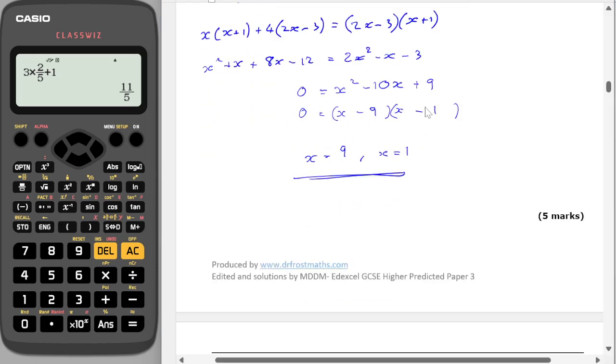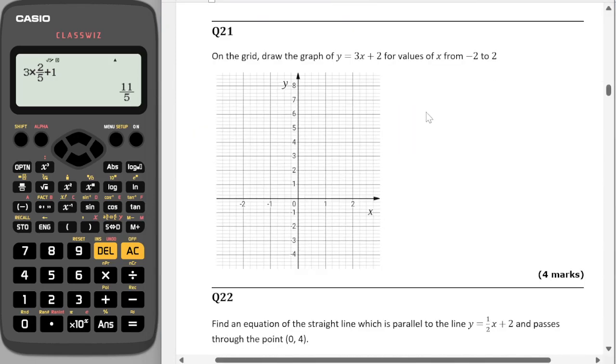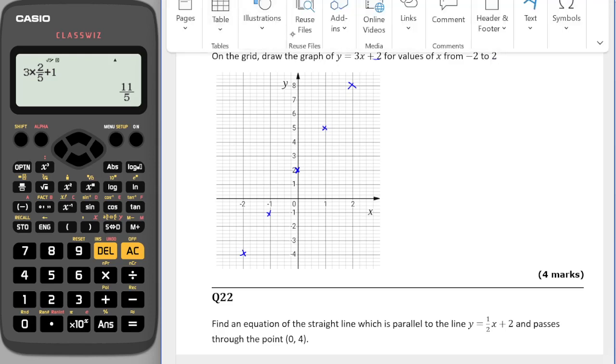Okay. Question 21 then. On the grid, draw the graph of y is equal to 3x plus 2 for the values from minus 2 to 2. So I'm going to draw this from inspection. The y-intercept is going to be 2. And then the gradient, for every 1 across is going to go up 3. So 1 across, up 3. 1 back, down 3. 1 back, down 3. So that's going to be my equation. If I can insert that as a line,